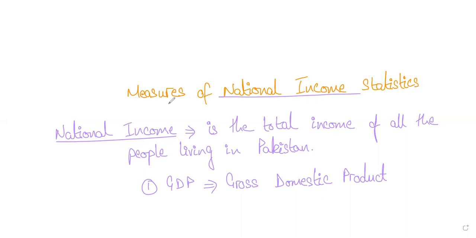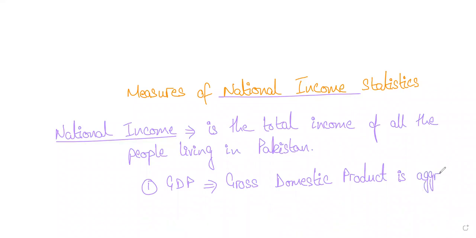So another way to look at this, because this total value of goods and services is showing you what? This is showing you the income that Pakistanis, this shows you the income that people who are living in Pakistan have earned, right? So let me write down the definition. So GDP is, gross domestic product is